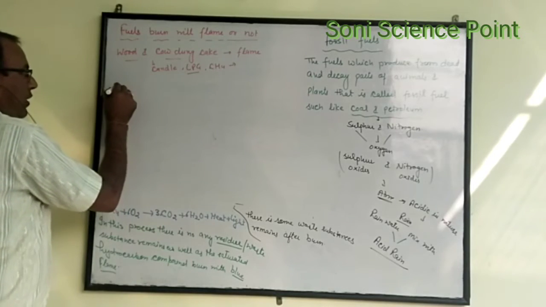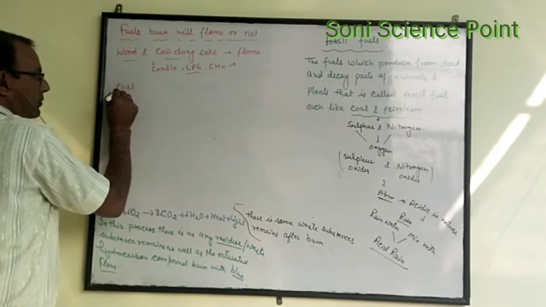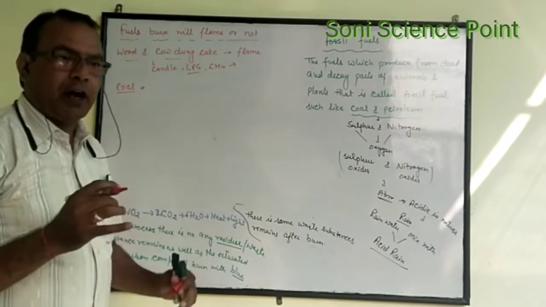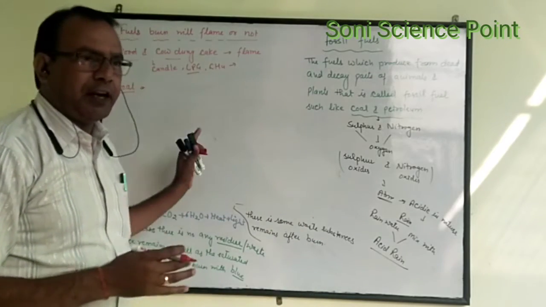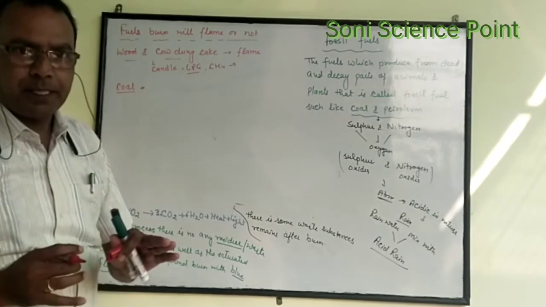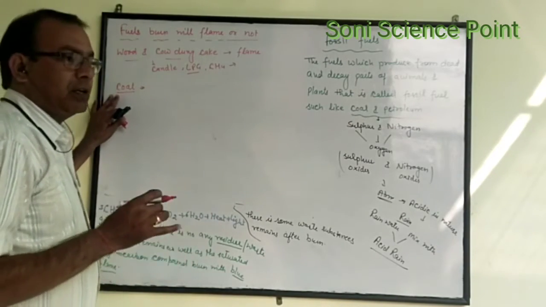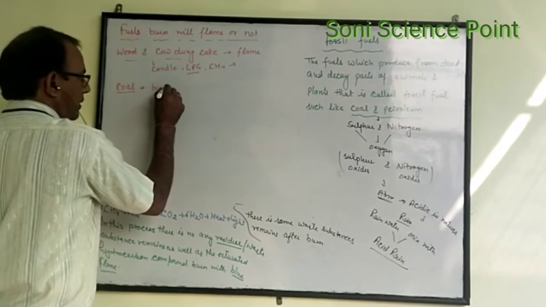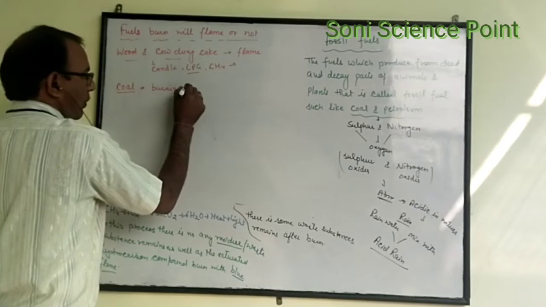But on burning of coal, when we burn coal in an angithi, it becomes red but does not produce flame. Why doesn't this fuel produce flame? Coal burns, or we can say that on burning of coal